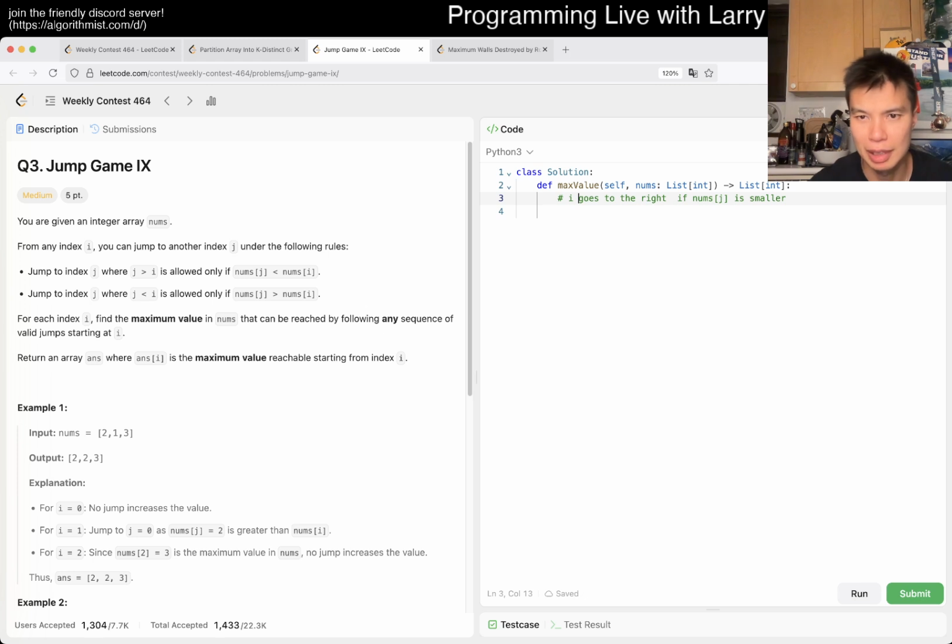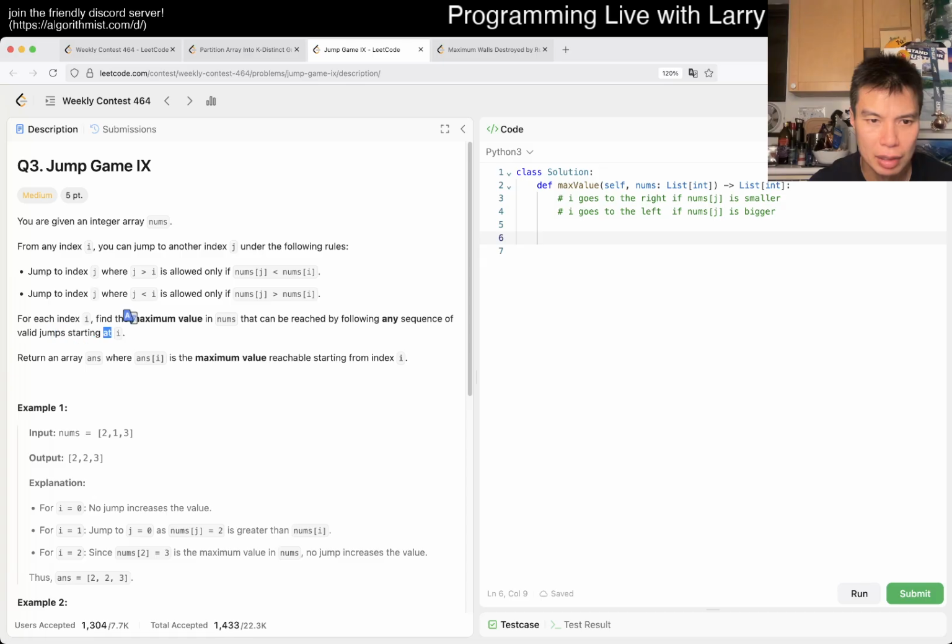That's easier for me to visualize. Goes to the left if nums j is bigger, right. Okay, so you can jump. Okay, fine. For each index i, find the maximum value in nums that can be reached following any sequence of jumps